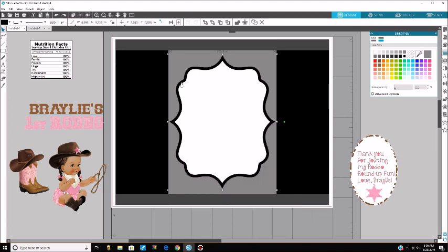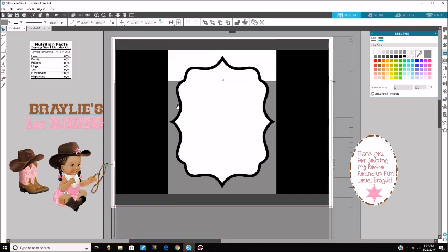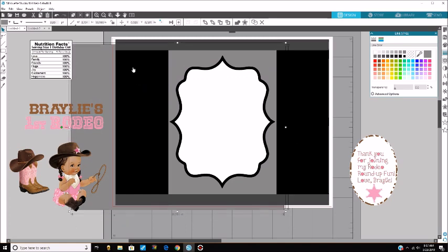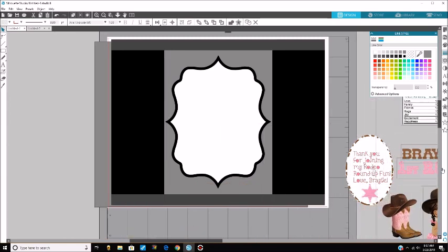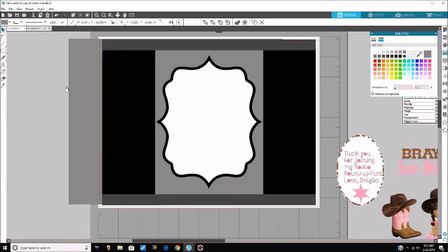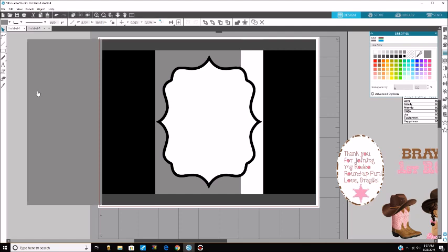I'm thinking of adding a pattern to that, but let's go through and show you step by step how I made this. So I'm going to start with the back border here, which is this lighter gray. I'm going to pull it out and show you how it's laid all behind. Let me move all these clip arts really quickly just to get them out of the way. Okay, so this is the one I'm working with here. This is the back layer, and this layer is going to be